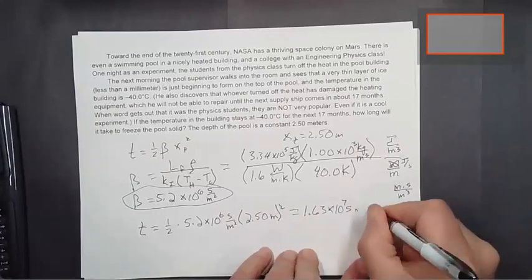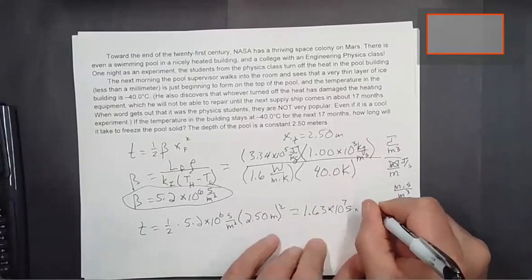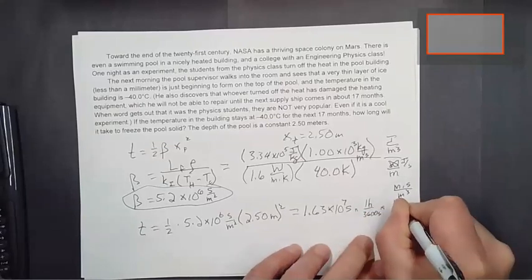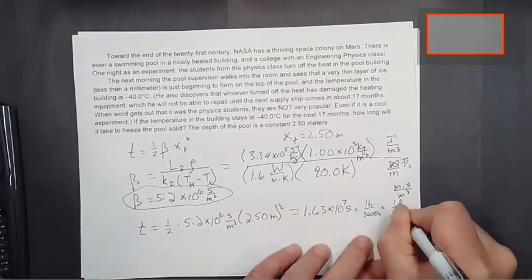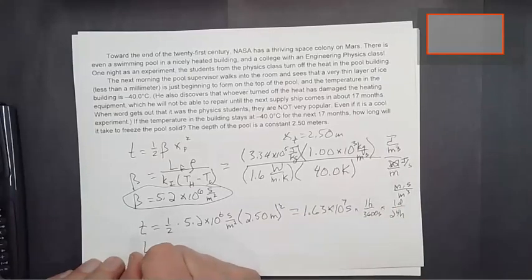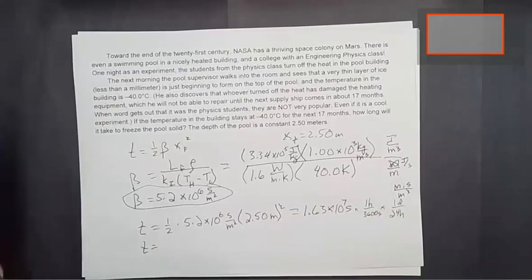And if I multiply that by 1 hour over 3,600 seconds times 1 day over 24 hours, that'd be an Earth day. I'm not even going to try to figure out a Mars day. They're 25 hours or something like that, but